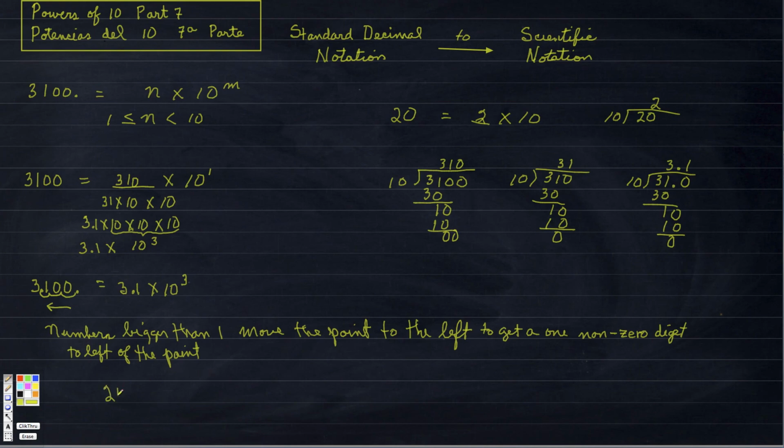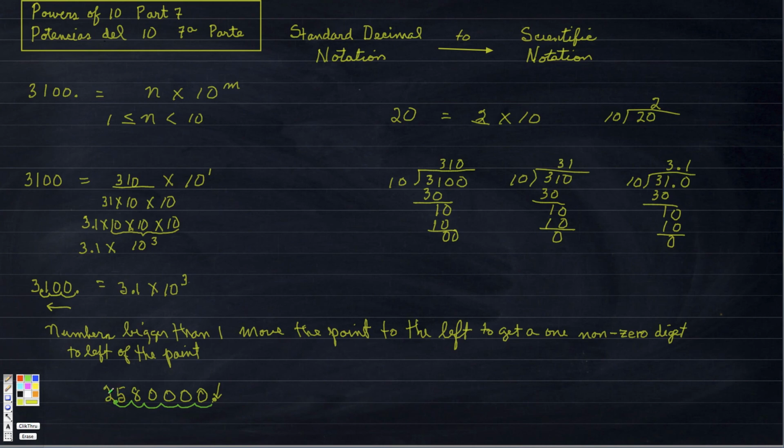So let's look at an example. For instance, if I have 2, 5, 8, 0, 0, 0, 0. So what I want to do is move my decimal point. My decimal point will be always at the end. Remember, your decimal point is always on the far right. From that location, I'm going to move it as many places as I need to create my n, and I want my n to have one non-zero digit to the left. So here is my one non-zero digit.